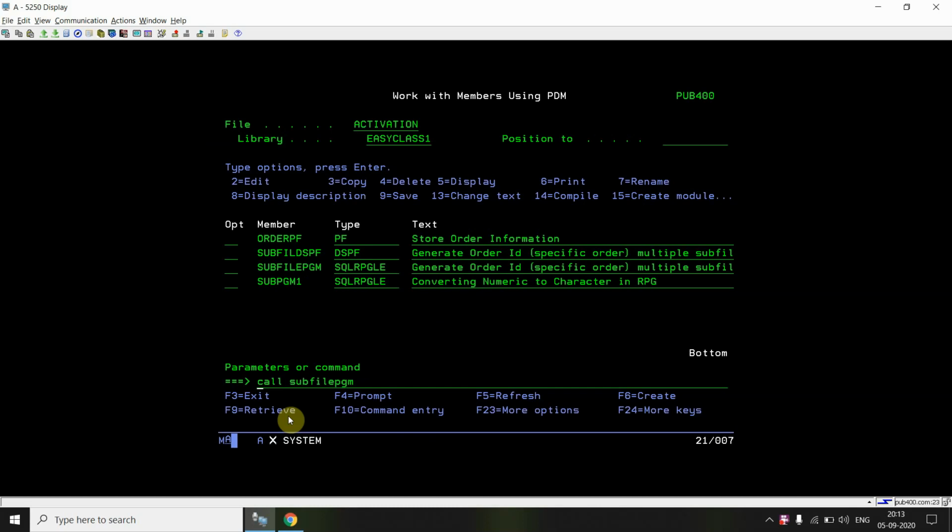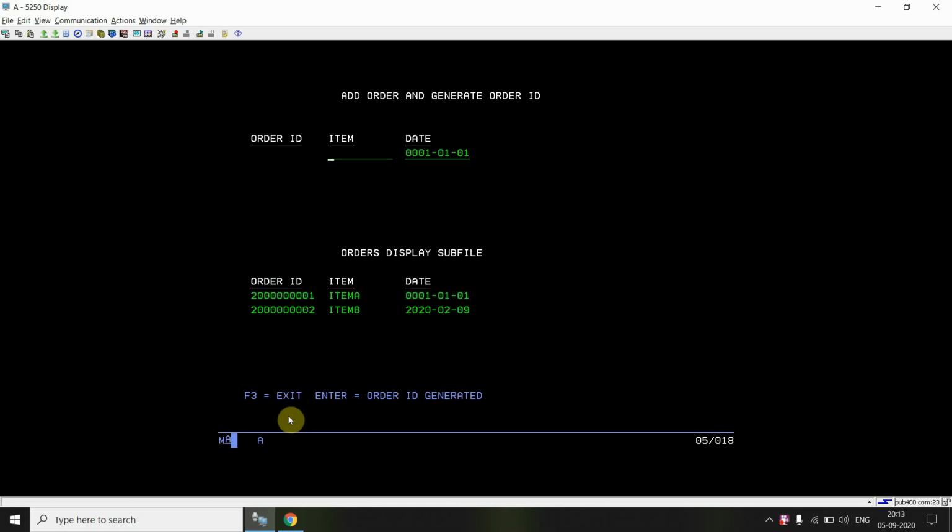One more thing, if I try to press enter like this, it won't do anything. For example, if I added this item, I just entered the name of this item, so this field has been changed.